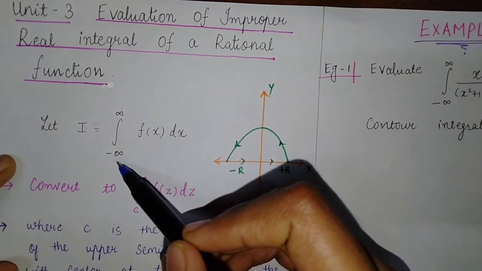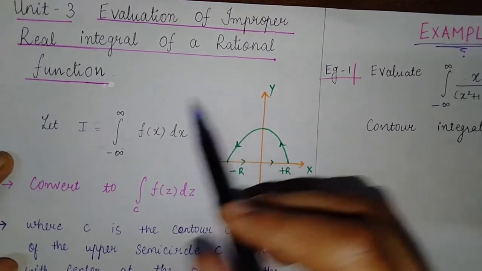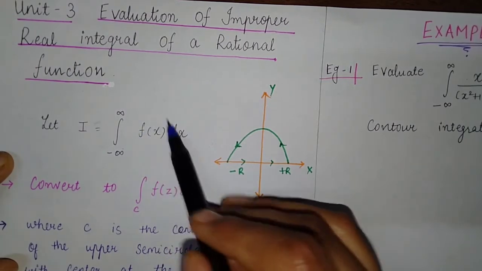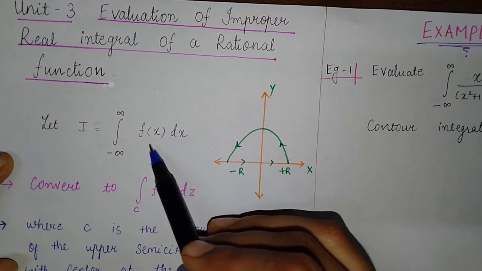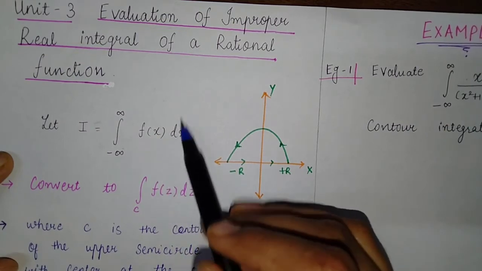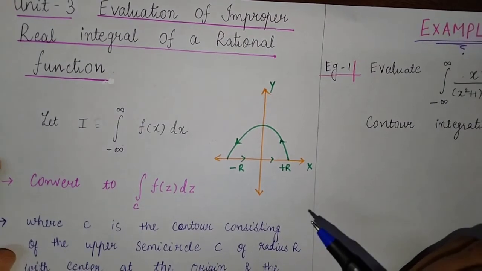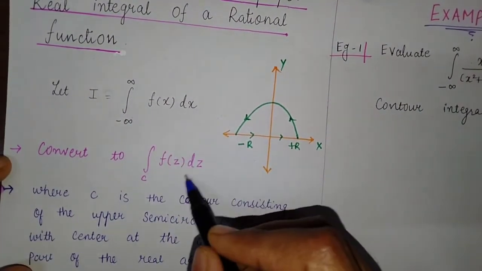But whenever the limit is from minus infinity to infinity, then you have to use this and the function is in the form of x variables. X variables na form ma function apelu hoy. Then during that time you have to use this method. Okay. So the step 1 of this method is you have to convert that function into the z form.